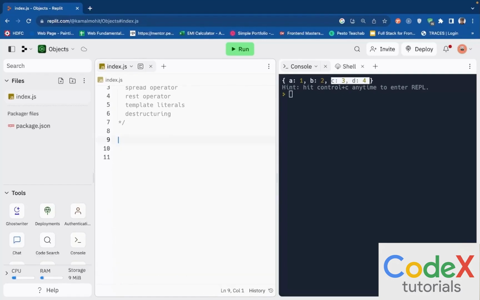The rest operator, again, is denoted by the same three dots, but the context of the rest operator is a little different from the spread operator. The rest operator is essentially used with functions. So I will create a function, let's say biodata, right? And inside of this function, I am just returning a string, which says